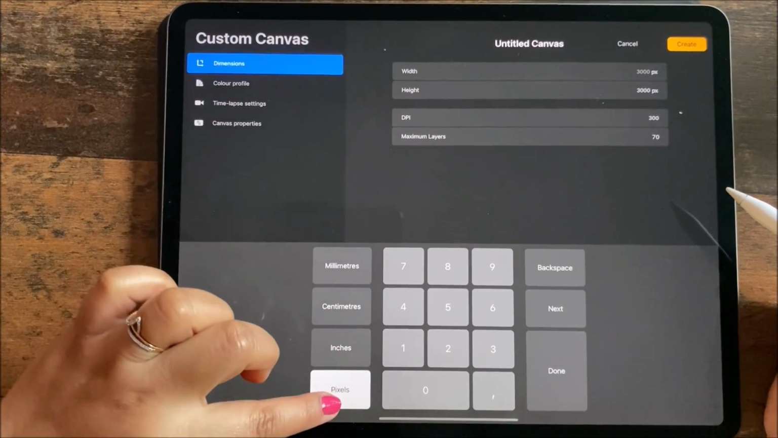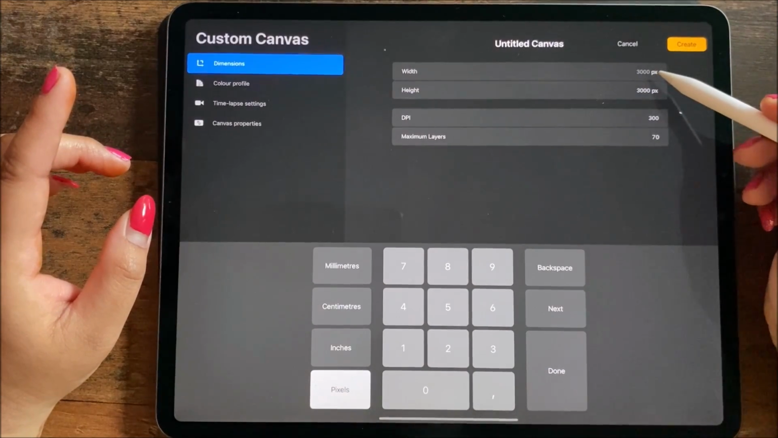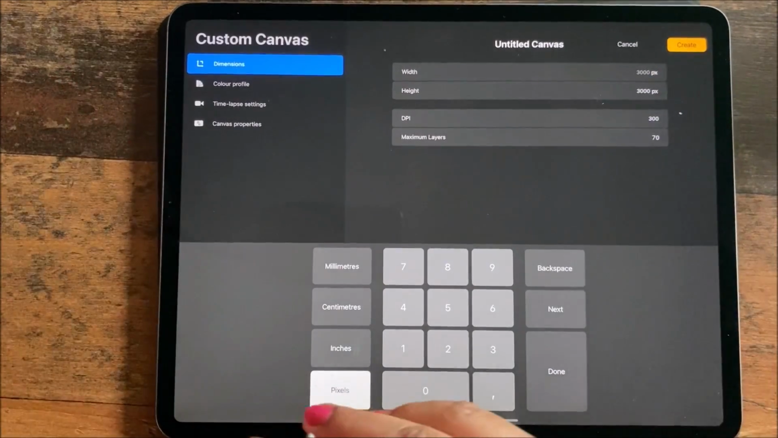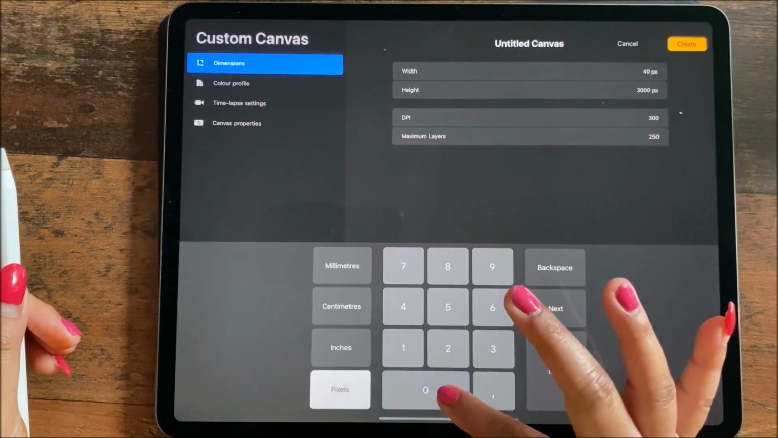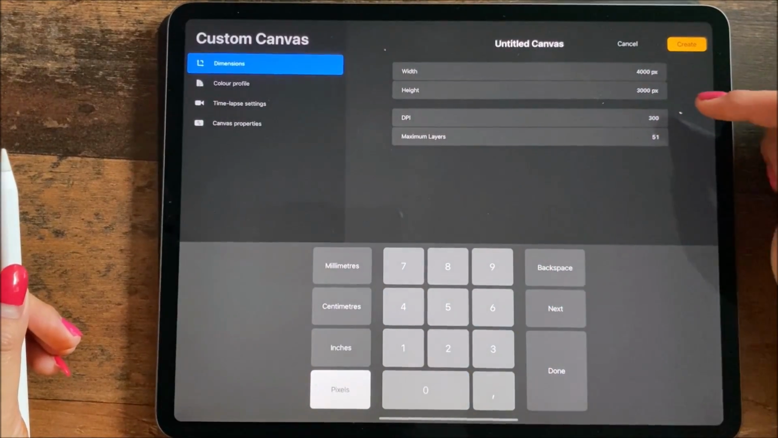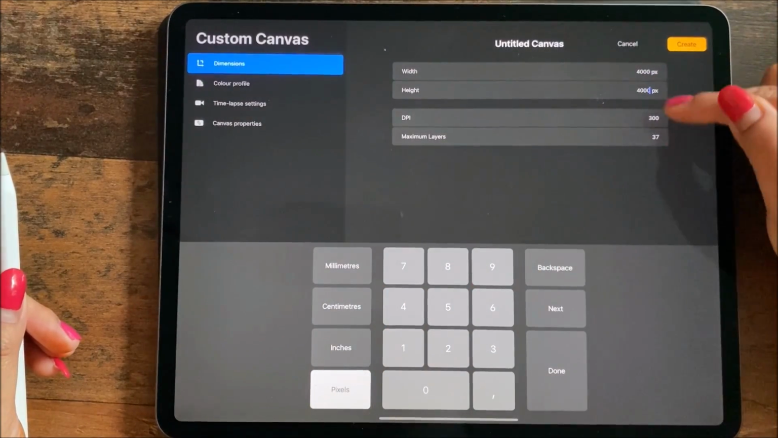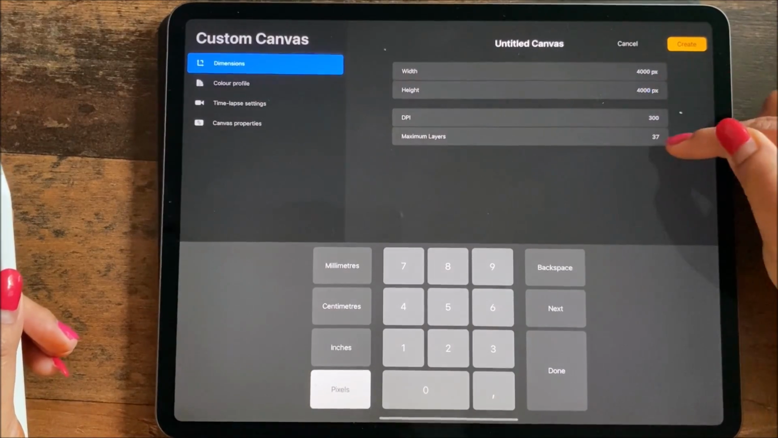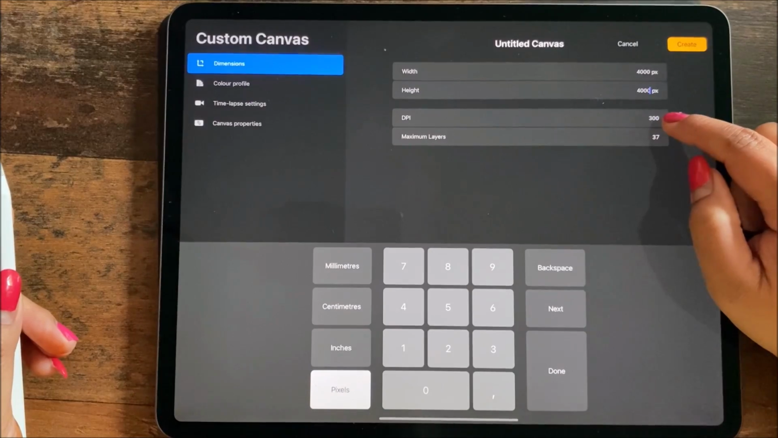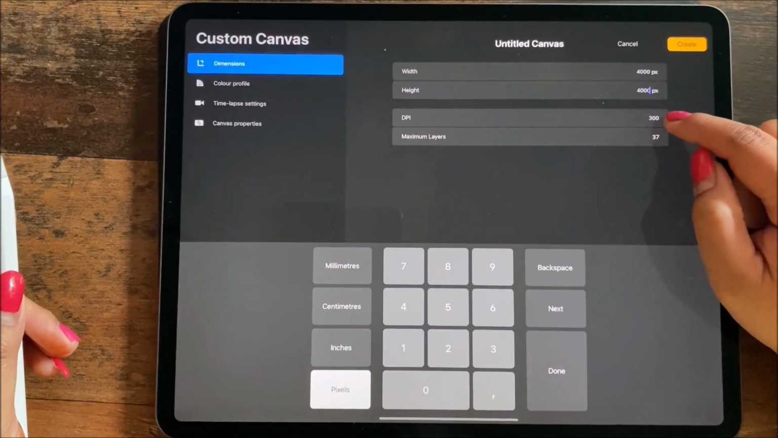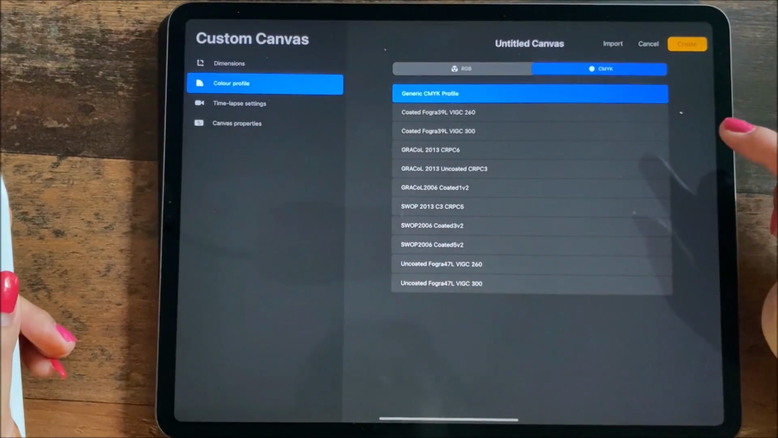There are the dimensions here. It can be fed in millimeters, centimeters, inches, or pixels. Let's go for pixels, which is already selected here. We can easily change the pixels. As you see here, I'm just using 4000 pixels and again 4000 for the height. Now you see the DPI and the maximum layers number has automatically changed. We will discuss the layers later, because that is also a very important thing to know